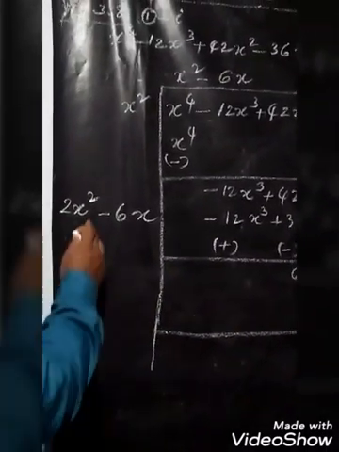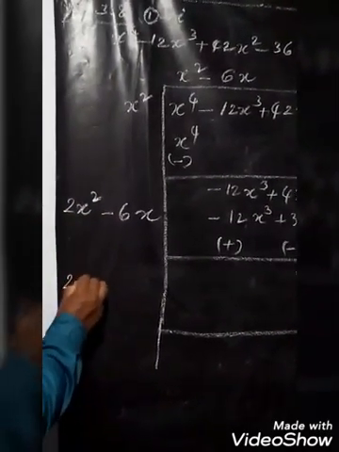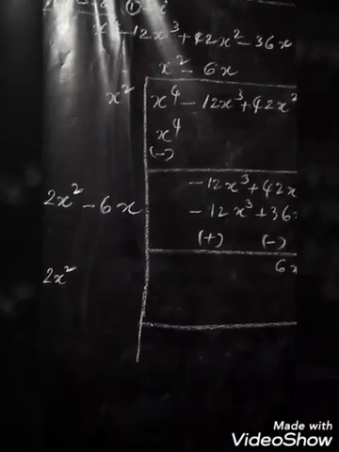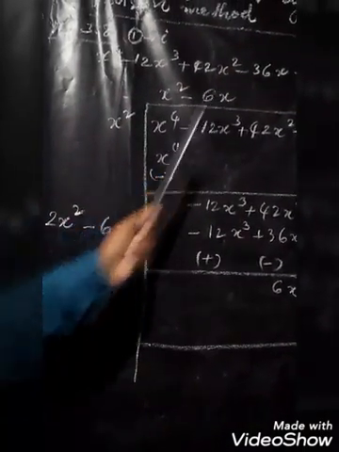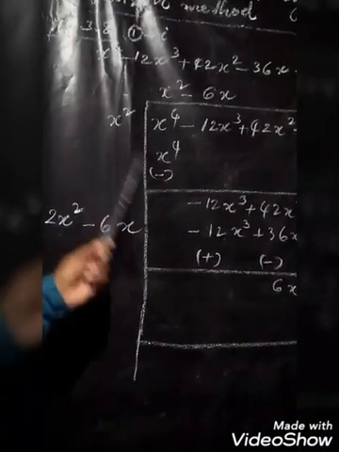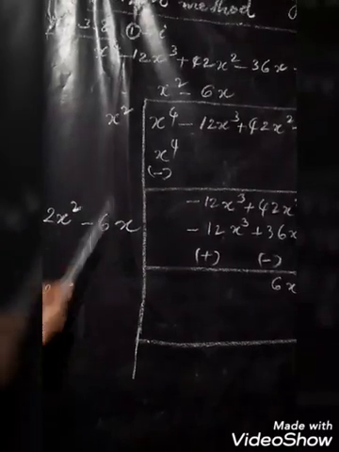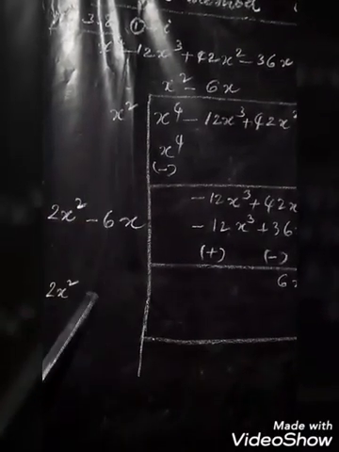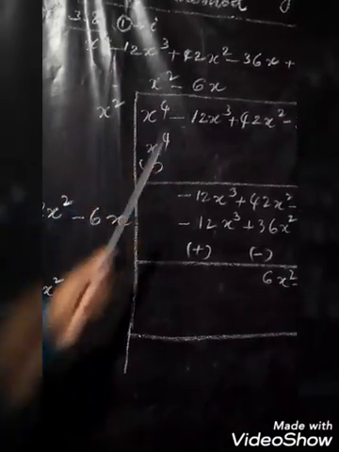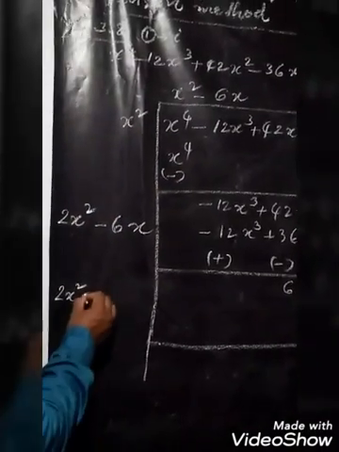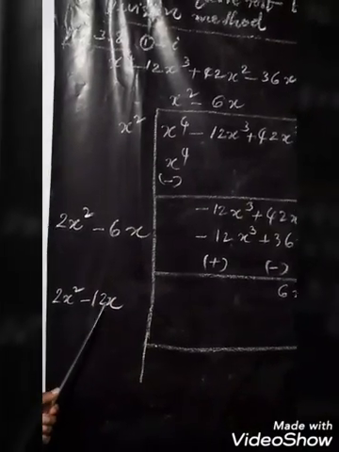In those three terms, the first term is 2x square itself, no more changes, so you write 2x square. Okay. Then the second term, so listen here: minus 6x and minus 6x were written in the second stage. So this minus 6x and minus 6x you have to add, and the result you take as the second term. Okay. So minus 6x plus minus 6x, you can write minus 12x. So first term okay, second term okay.